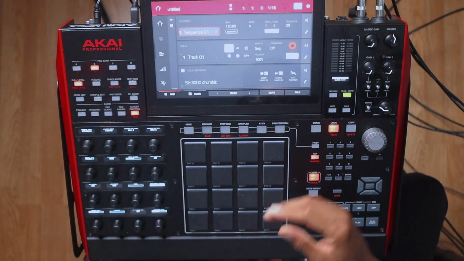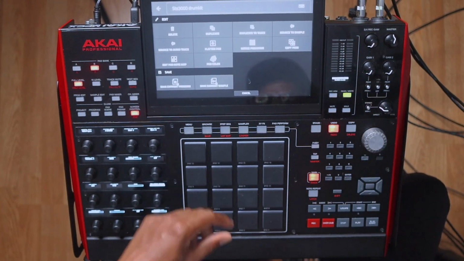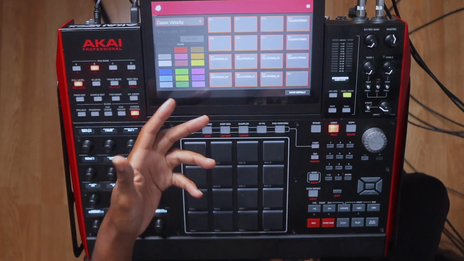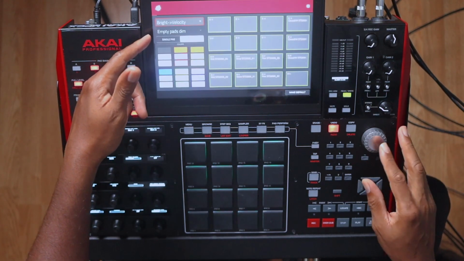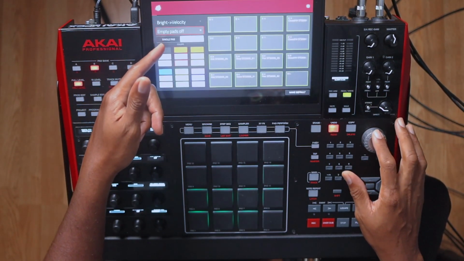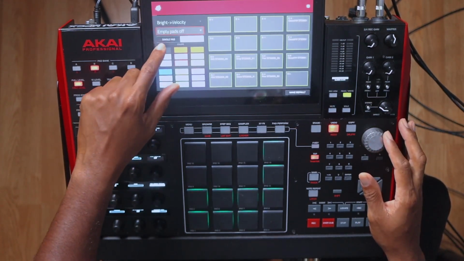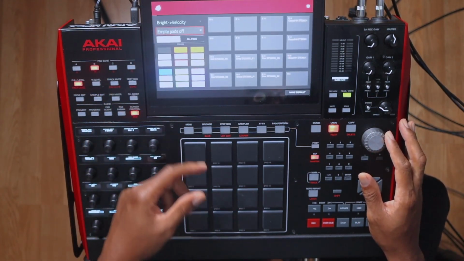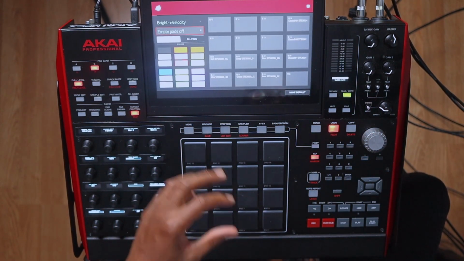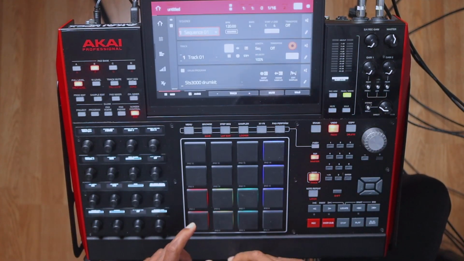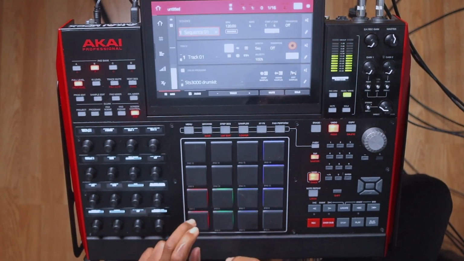Go back to main. I would click on the pencil. I would do pad color. Get the pad color. The classic, I would turn to the right, get bright velocity. These empty dim pads, I would turn off, single pad, and now I would colorize it based on my own preference. So right now, I can look at everything and